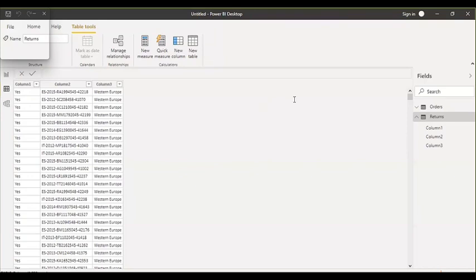Is that clear? Next question I can see: while importing data, what errors may we encounter as users? Good question, but it depends on the data source from where you are loading the data. If you have provided valid credentials and you have the appropriate rights to extract the data, then generally you should not face any errors during the data import process. Yes, it could be possible, like sometimes if you are loading data in huge volume, during the data loading time you may face some errors, right?